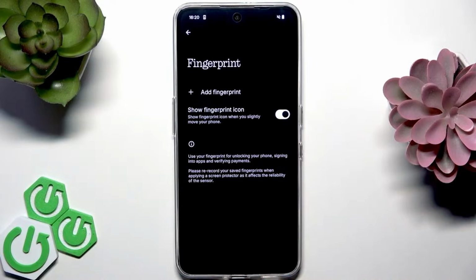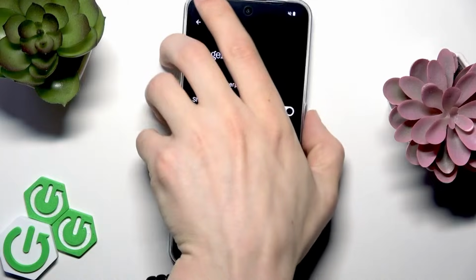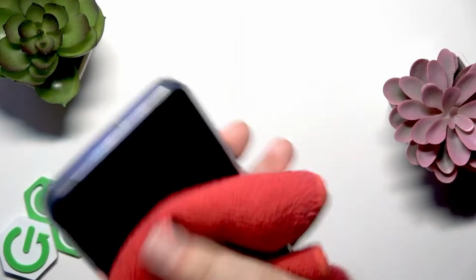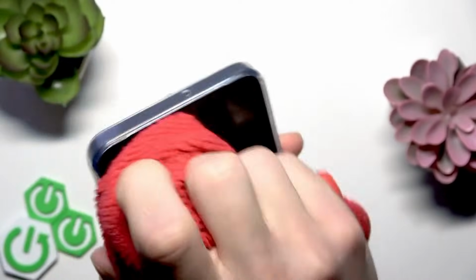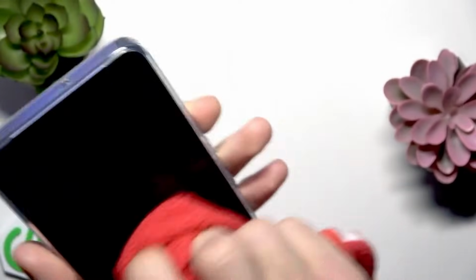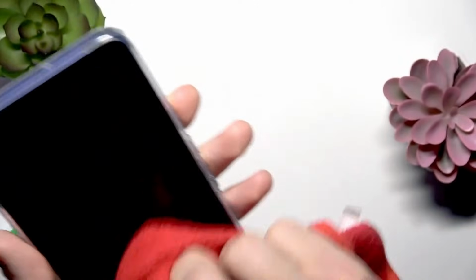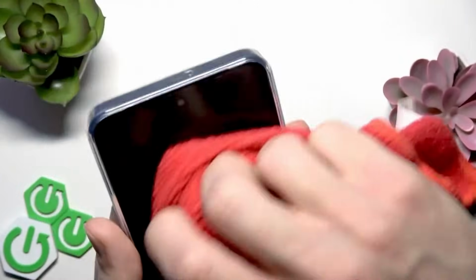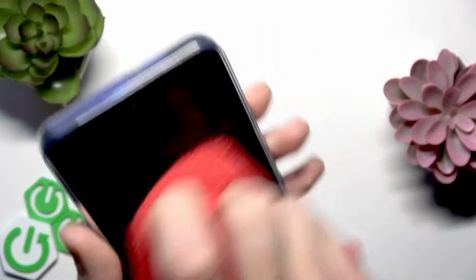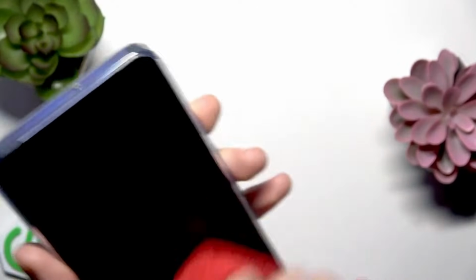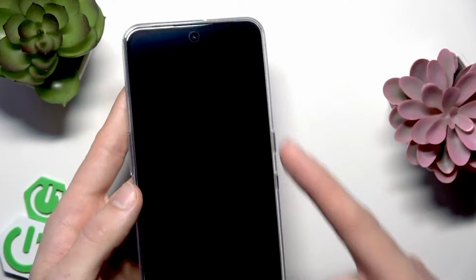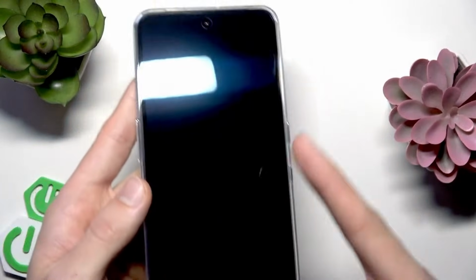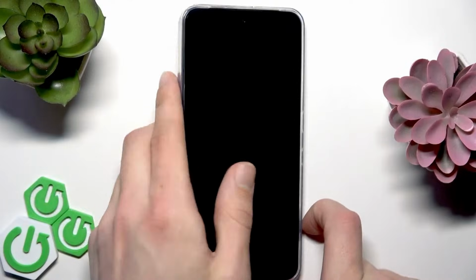But before we do that, let's wipe the surface of the phone screen with a dry microfiber cloth. If you don't have a microfiber cloth around, you can use just a dry towel instead. Just be careful. All we want to do is remove any dust from the phone screen so that it reads our fingerprint better. And in case you have a protective glass installed on your phone and